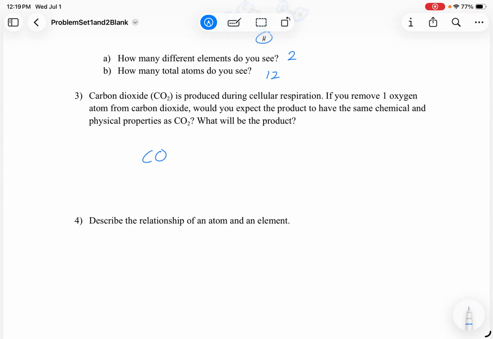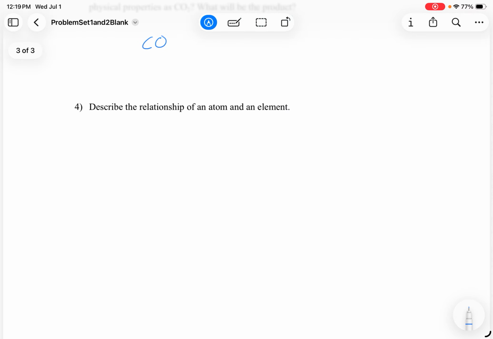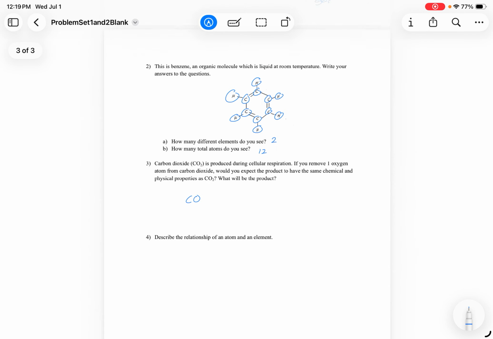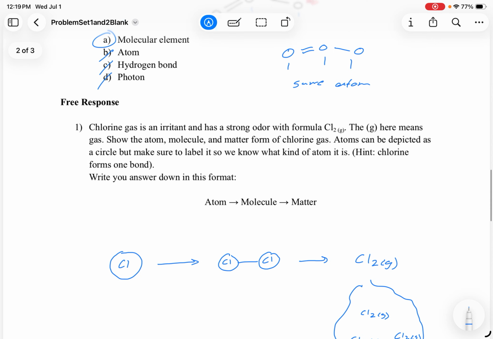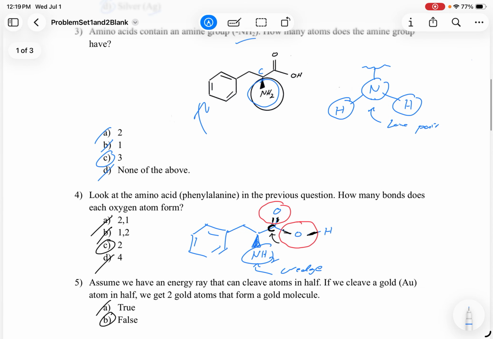Number 4, I think that's the last one, yep. Describe the relationship of an atom and an element. Basically what I want you to take away is, I'm not going to write the answer, I'm just going to say it. An atom is the smallest form of an element. Atoms will contain the same properties of the element they compose. So that's the whole gist of what I want you to know. That concludes the answers for the worksheet that I made. And again, if you have any questions, you need